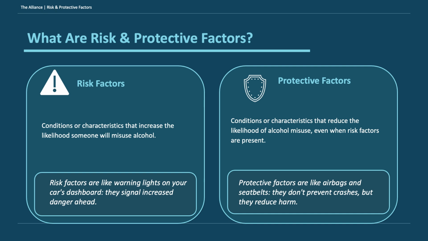And so a lot of these are also risk factors, of course, for alcohol use disorder, but we're really also just thinking about those earlier risk factors that lead to the greatest number of consequences within a community. And then protective factors are, of course, on the flip side of that. So what is helping reduce the likelihood of alcohol misuse, even when those risk factors are present? So they end up being really strong determinants of prevention or protection because they also work when those risk factors are present. And so we'll talk about what some of those actually are.